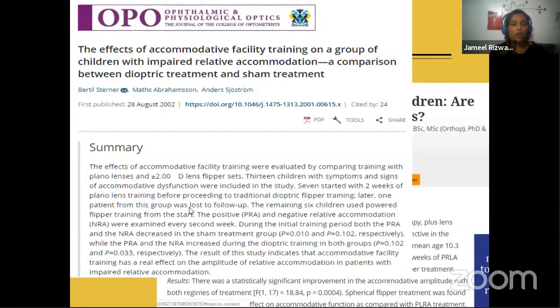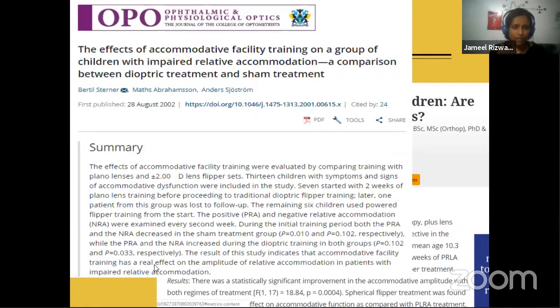And then look at this, they have given facility training to a group of children. They have just given a sham treatment, a placebo treatment, to another group. And children who were given the actual accommodative facility training improved in their accommodative amplitudes as well as the relative accommodation. So it has a real effect. So vision therapy or accommodative facility training does have a real effect. And I have seen it in all my patients, my own self. And so definitely you can,